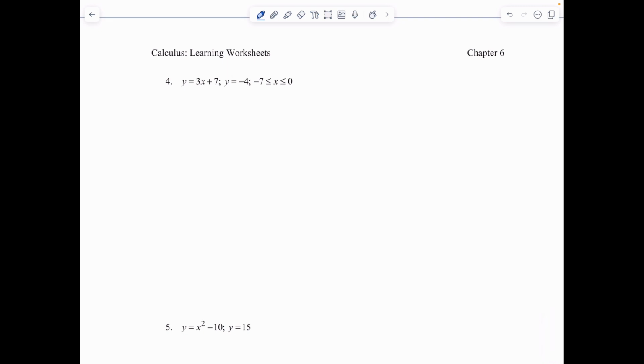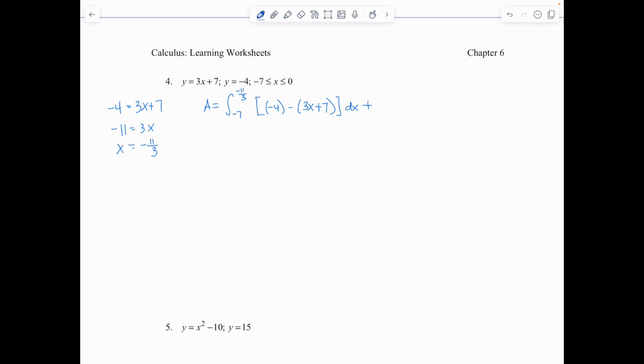Okay, y equals 3x plus 7 and y equals negative 4. And our interval is from negative 7 to 0. So let's look at negative 4 equals 3x plus 7. Negative 11 equals 3x. So x equals negative 11 over 3. So our area will be the integral from negative 7 to negative 11 over 3 of negative 4 minus 3x plus 7